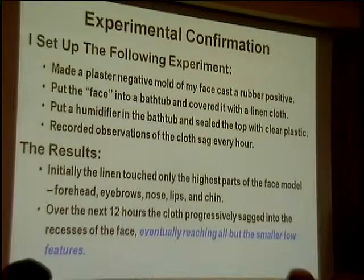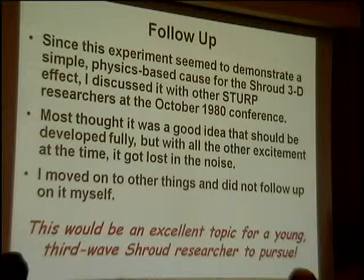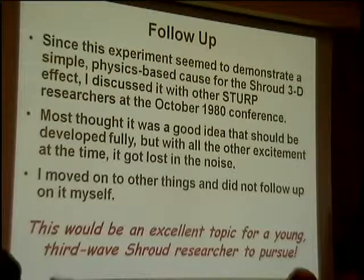And so, since this experiment seemed to demonstrate a very simple physics-based explanation for the three-dimensionality, I talked to a few of the folks at the 1980